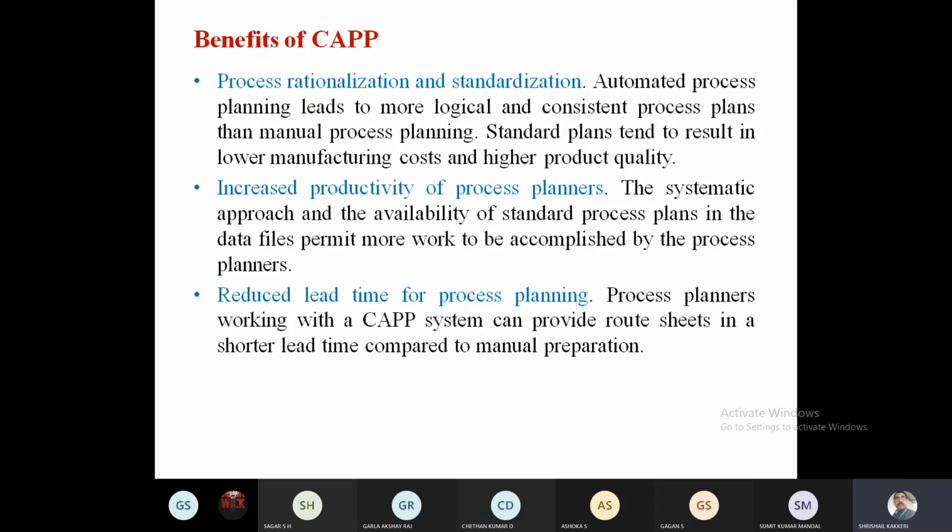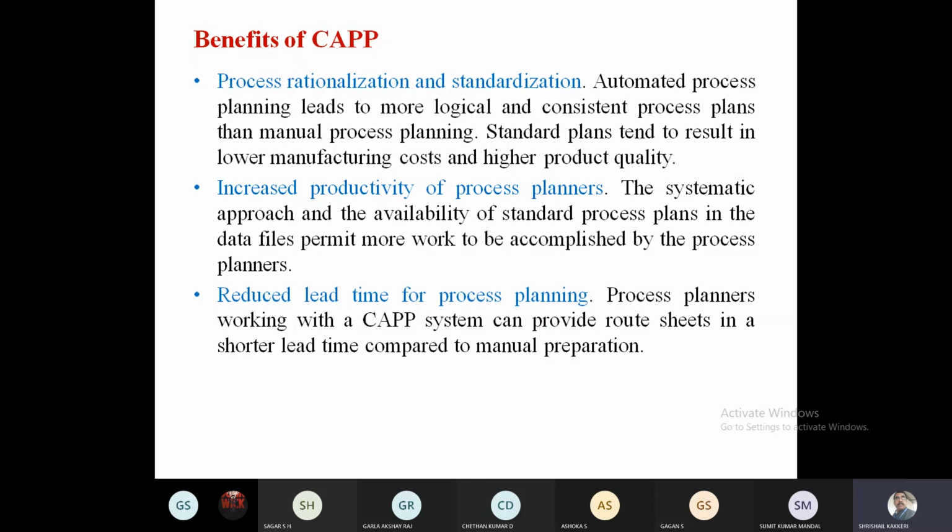Otherwise we cannot schedule or plan to give it to the customers. It is not possible to give to the customer unless I complete. Till then, all the unfinished material, the finished material and the raw material will be waiting in the workshop. It leads to the manufacturing lead time. And here the manufacturing lead time will be reduced and the cost of the process will be reduced. So the cost of the material will be reduced.